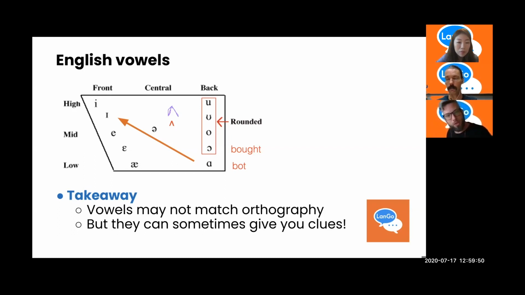This arrow represents what the vowel space is doing when you're talking. You start at the ah, or a little in front of that, and then it moves up to I. It's like a dance step from one place to another. If you want to see something maybe a little unsettling, depending on who you are, look at the screen, and I'll show my mouth from the side making it, and you can see the tongue move.